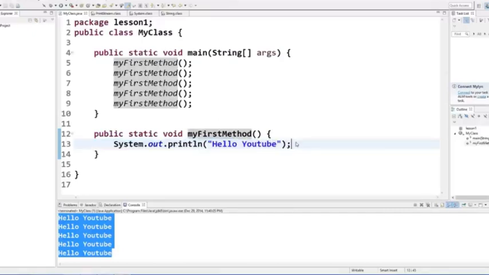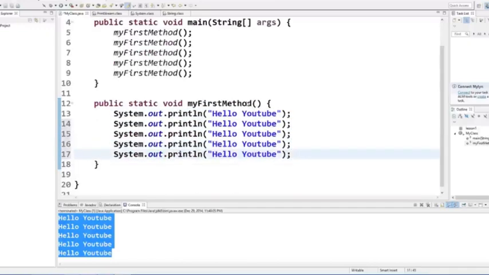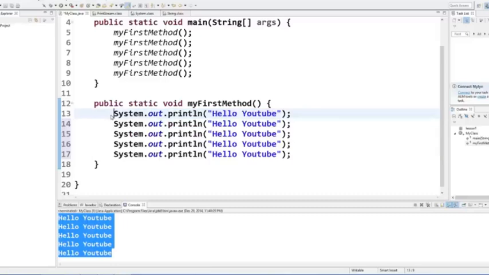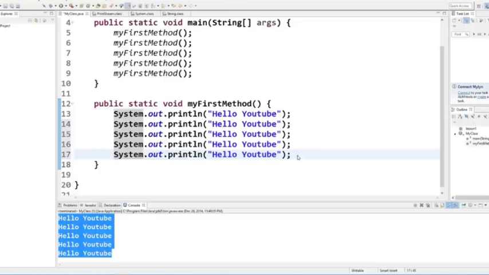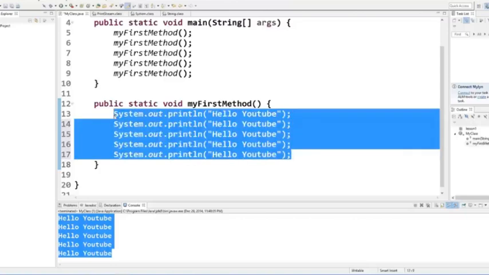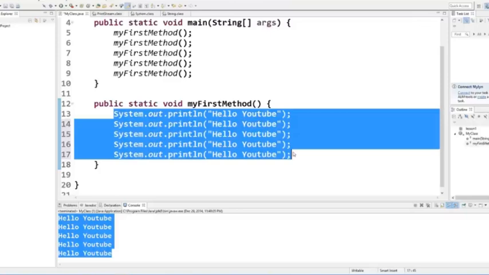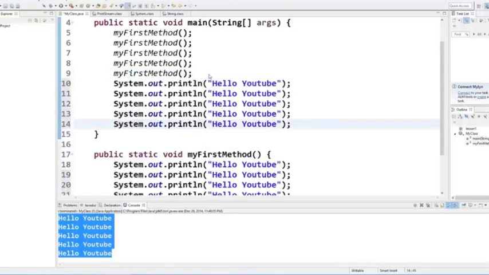For example, this code contains 5 lines, and we don't want to write these 5 lines again and again. If we have to do it without the method, we have to do it just like this,